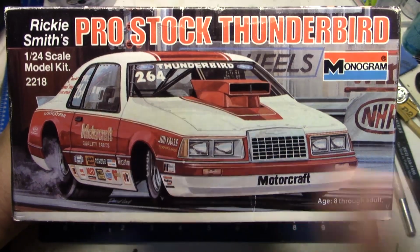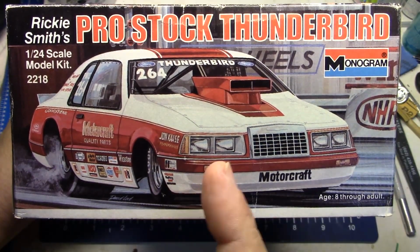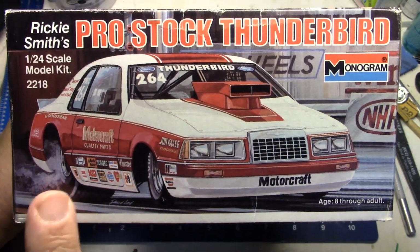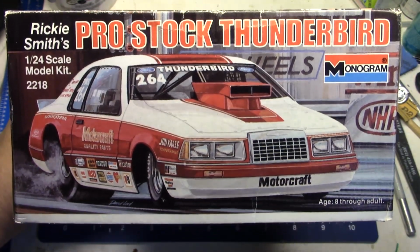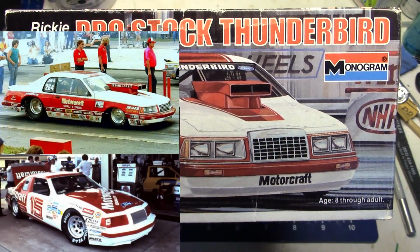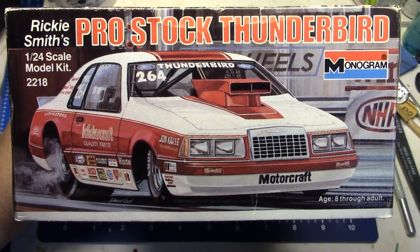I pictured it going in circles for some reason. You know, there was a wall here. I don't know what I envisioned it going down the track, but it looked weird to me. I didn't understand the hood scoop. I didn't really notice other things that definitely this is not a NASCAR. It seems foolish today, but really I couldn't differentiate the difference between a NASCAR and an NHRA Pro Stock car. I thought this thing was going around in circles, and I thought the hood scoop was bizarre, but I loved